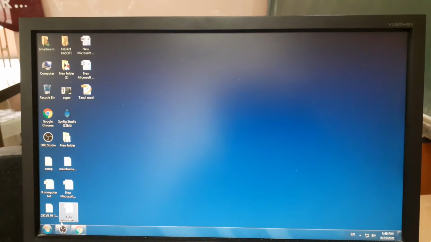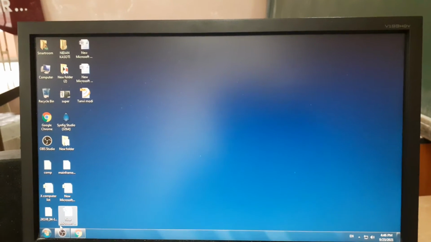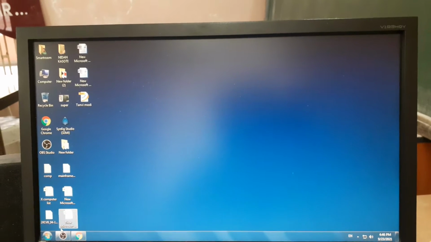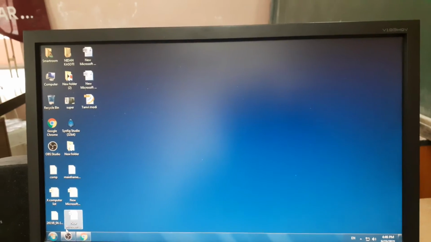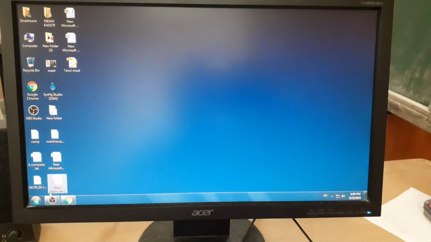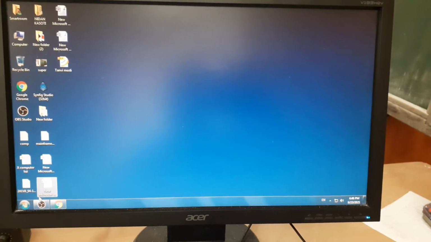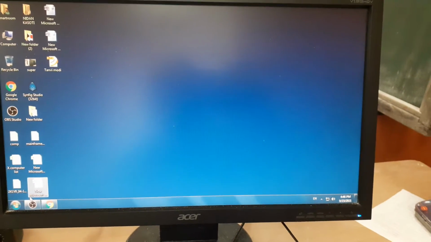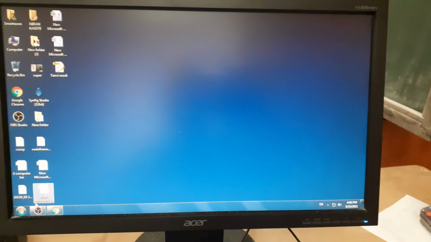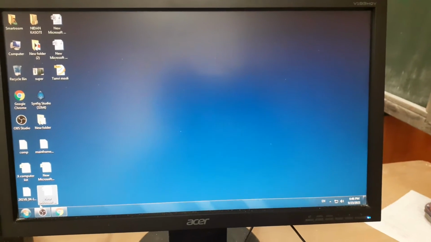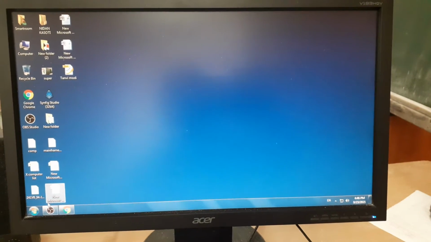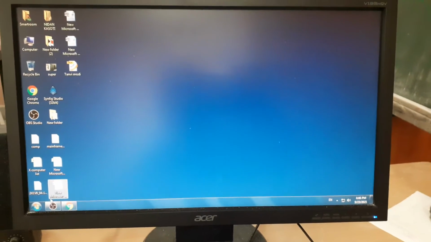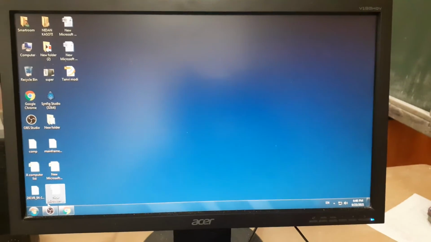So here you have to use the mouse frequently, right? And this mouse is used to select menus, tools or commands, icons or buttons, programs, files, folders, etc. Okay, so the mouse is used to select an item. For example, if you want to select any icon, you can use the mouse, or you can select menus or tools or any command, right? Or any program, file, folder, all these things you can select with the use of the mouse. So the mouse is a very important device for Windows.